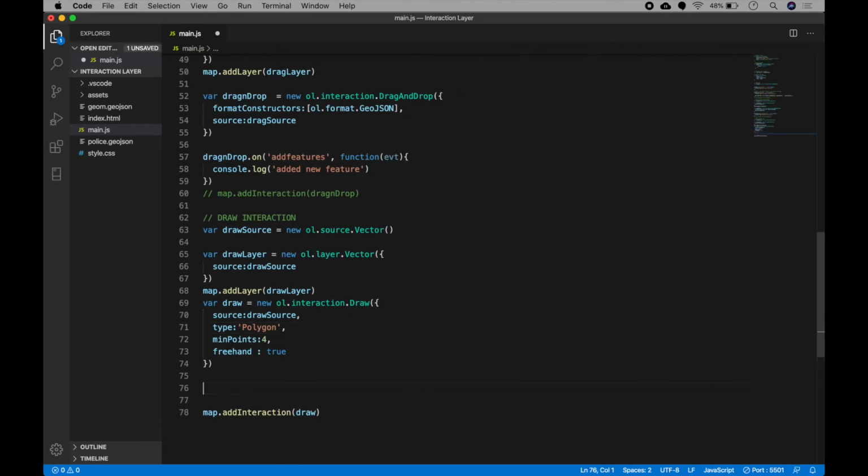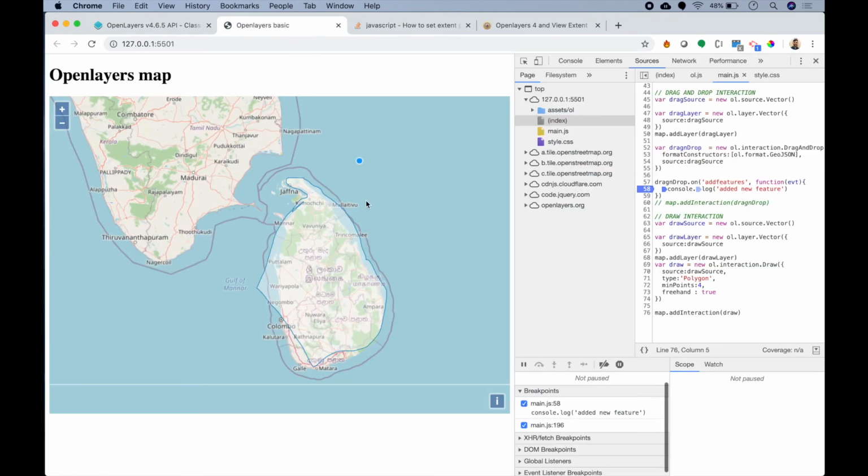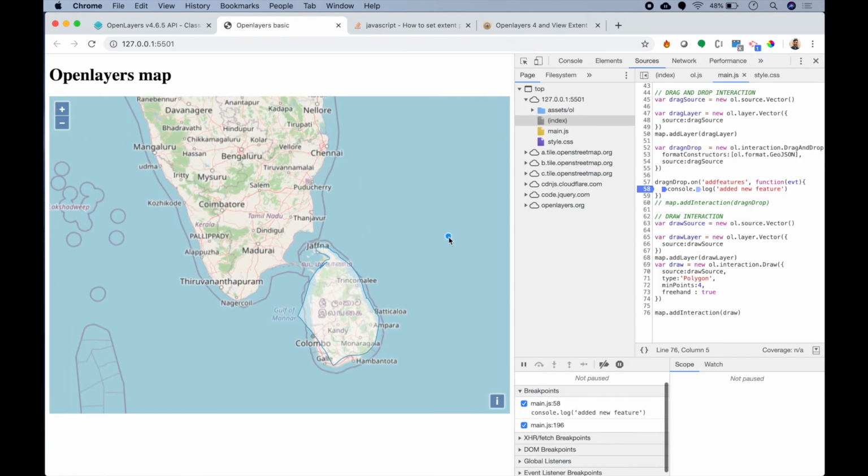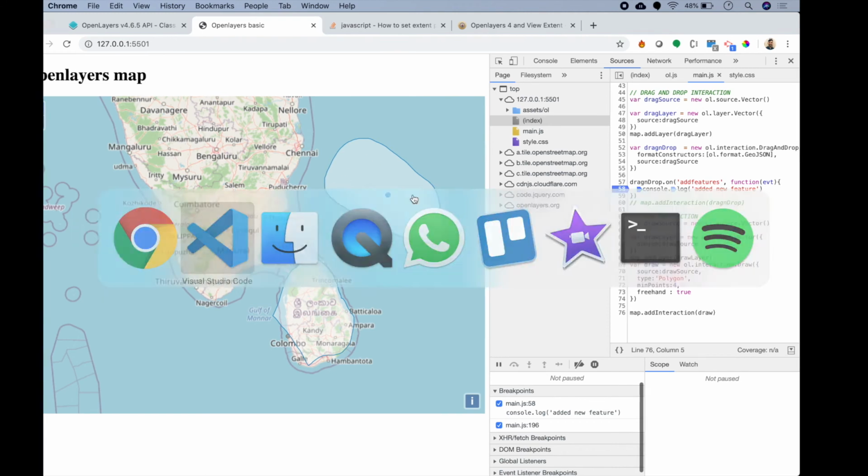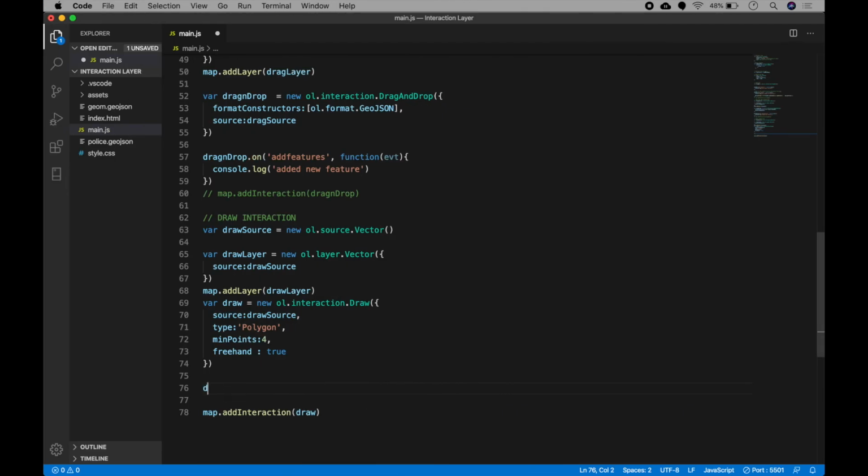Many times, once we have drawn, we want to save it somewhere and then again start drawing, but we want to delete the first feature. So what I mean is when I want to draw something else, I want my initial feature to be deleted and only one feature to remain on the map, right? So I can do that using the draw end event.